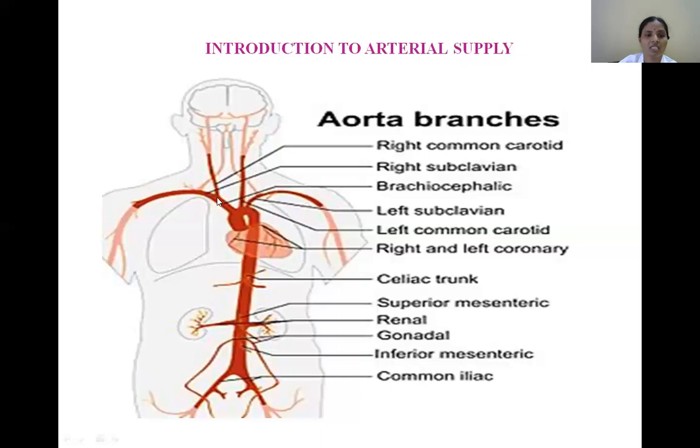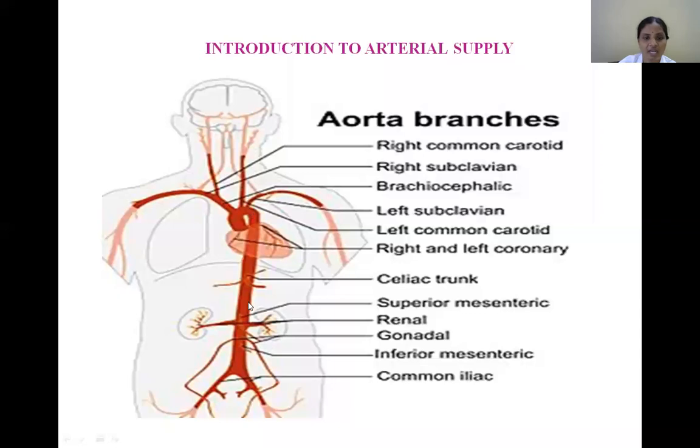The subclavian artery supplies the right upper limb, whereas the right common carotid enters the neck, where it divides into two important terminal branches, which will be discussed later. So this is the common carotid artery entering the neck. Then the second branch is the left common carotid artery, which supplies the left part of the head and neck, and the left subclavian artery supplies the left superior extremity. This subclavian artery continues as the axillary artery, then continues as the brachial artery, where it supplies the upper limb.